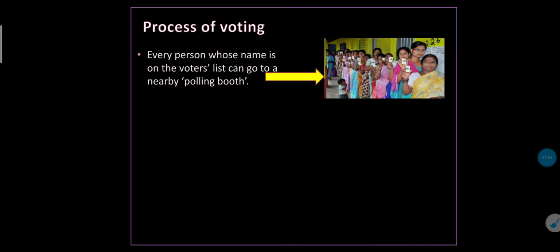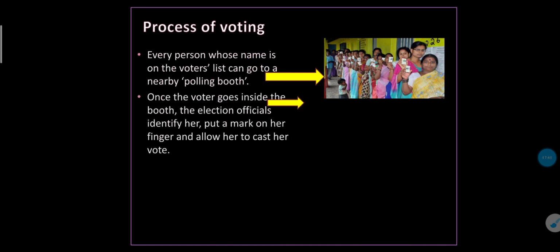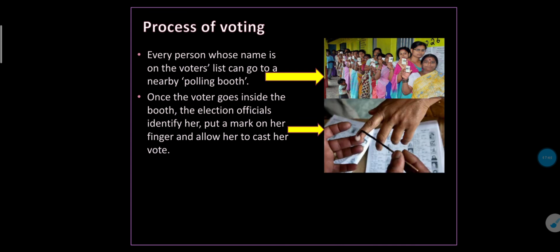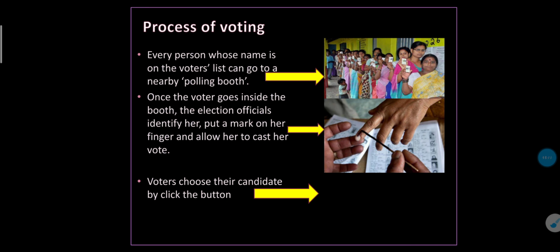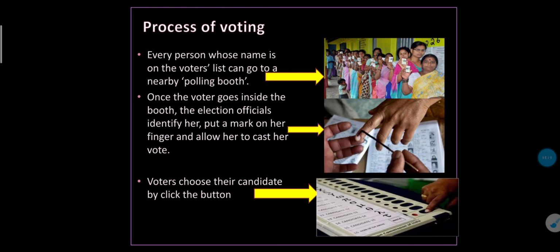So the voters go to their nearest polling booth where their name is registered in the voter list. Once the voter goes inside the booth, they stand in a line, and one by one they enter the room where the election officials match the voter list to their election photo identity card, and then put a mark on his or her finger and allow them to cast their vote. Then the voters choose their candidate by clicking the buttons, or by